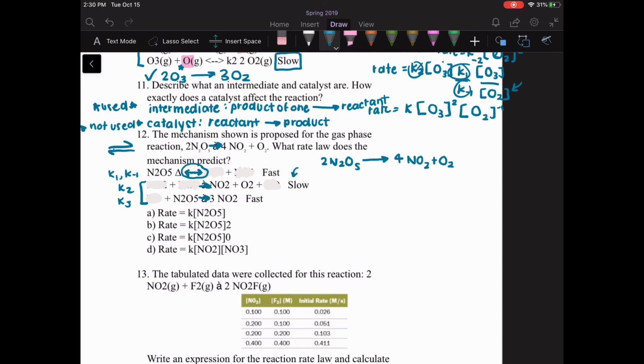I just kind of like to write out my possible rate laws. So I have rate equals K. So rate, I'm just going to write that out. K1, K negative 1, K2, and K3. All right, so what I'm going to do, so K1, the forward is just going to be, well, I guess I don't want to put equal signs. It's just going to be N2O5